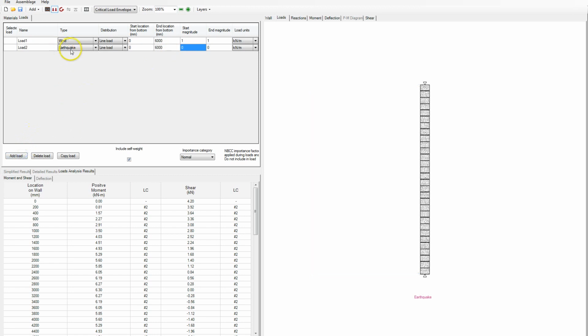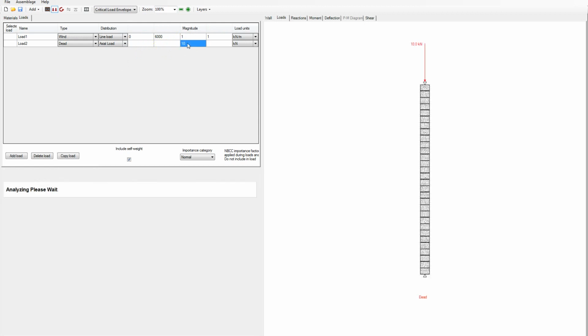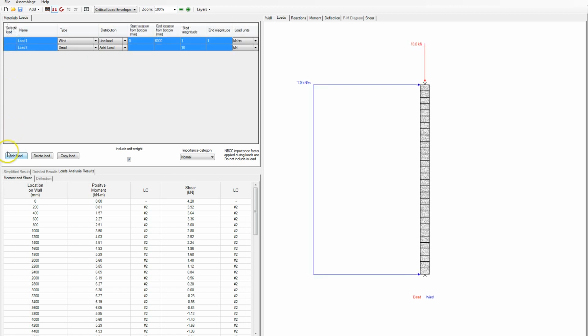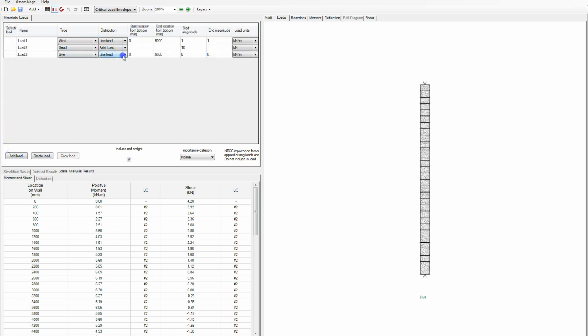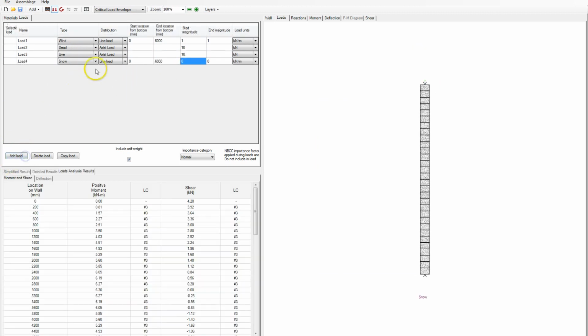Now if I wanted to add an axial load, for example, I'll put a dead load on here, change the type to an axial load, and put this on as 10 kilonewtons, once again per meter of wall. So now I have a lateral load and I have a vertical load. I'll also add a live load, an axial load. I'll make that 10 as well, and I'll add a snow load on here,